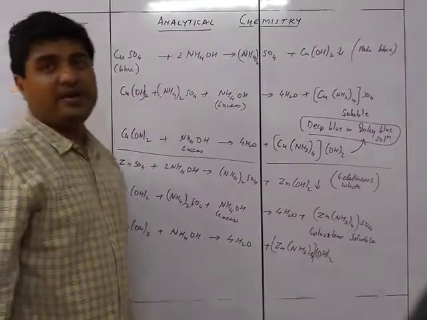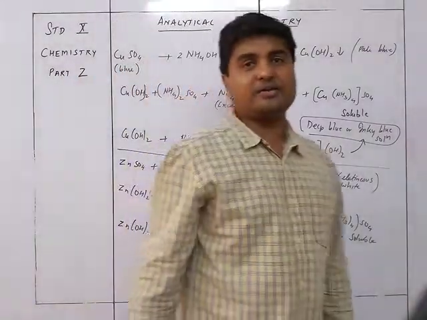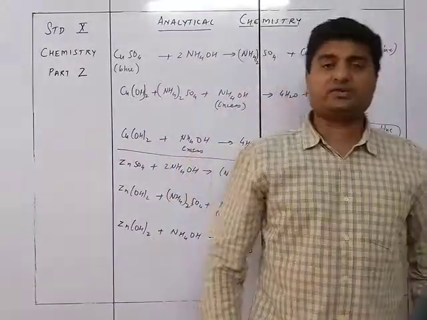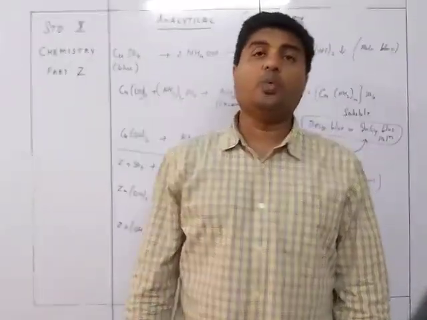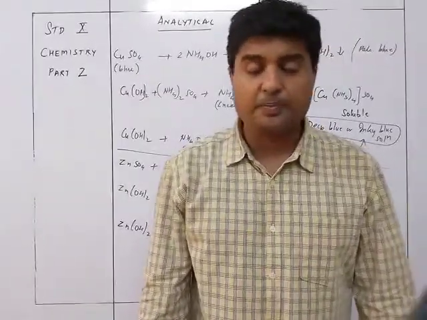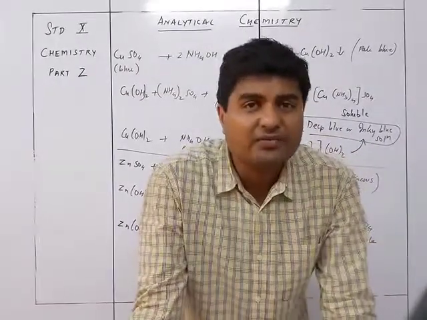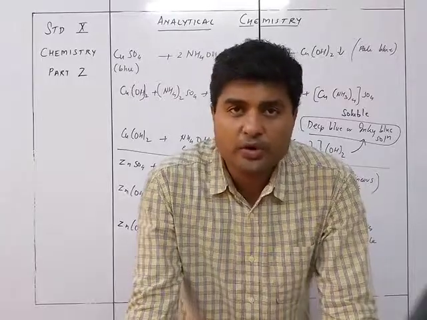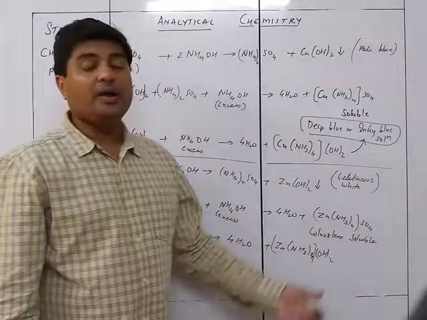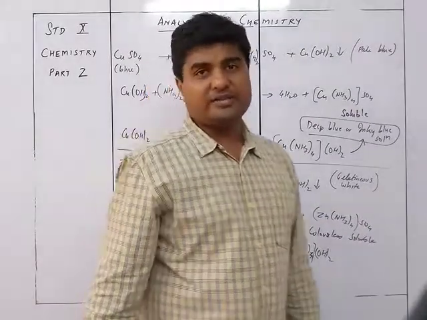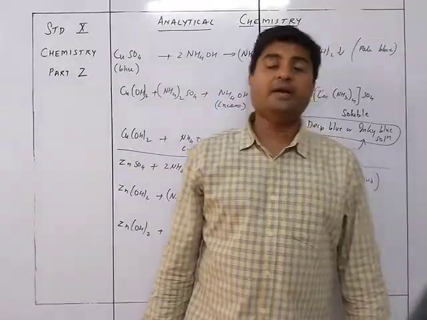So zinc can be identified with ammonium hydroxide, that if you react it with ammonium hydroxide, firstly it will give you a white, gelatinous white or dirty white color precipitate, and when you put excess of it, then if you remove the sulfate and do excess of it, it is going to give me tetraamine zinc sulfate. But if I don't remove the ammonium sulfate and then do it, then it is going to give